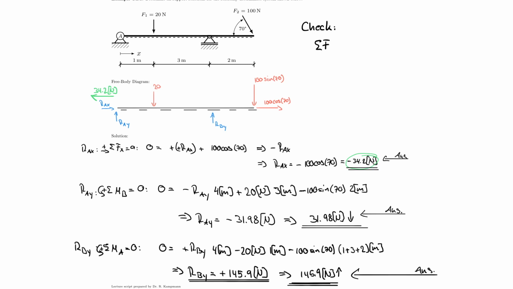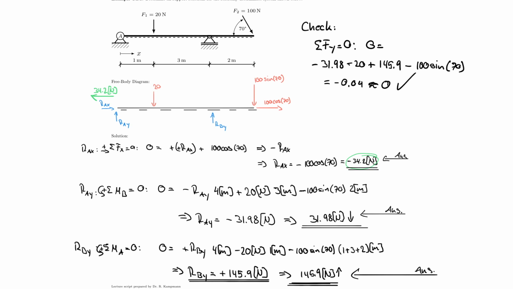is the sum of the forces in the y direction being equal to 0, and 0 is equal to, careful now, because the first one is going down, right? So minus 31.98 plus, no, that's not true, minus 20 plus 145.9 and minus 100 sine 70. And that comes out to be minus 0.04 something, but that is equivalent to 0 in an engineering sense, and